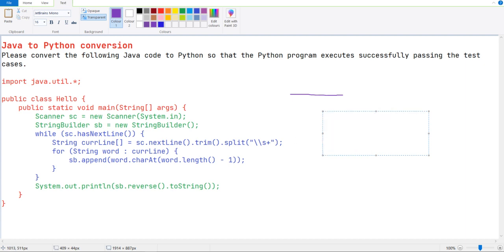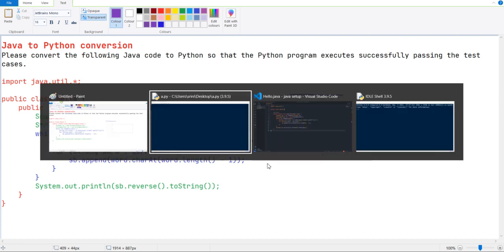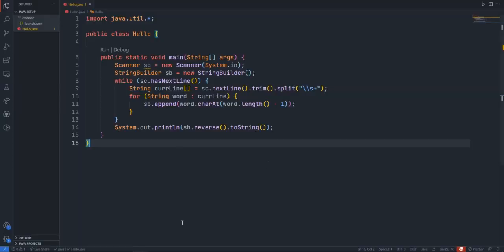So let's check whether our assumption is correct or not. For that we just need to run the program. So I'm going to do that.